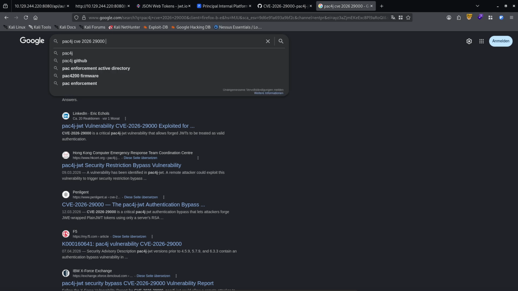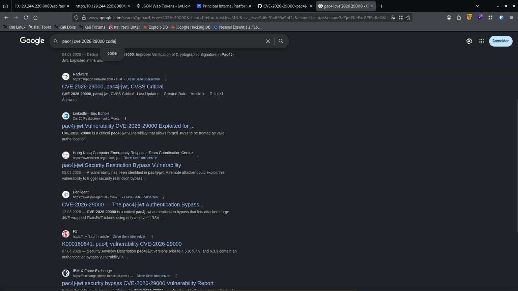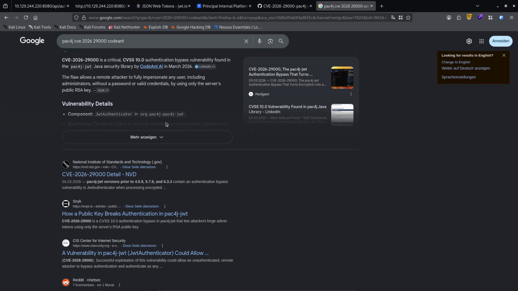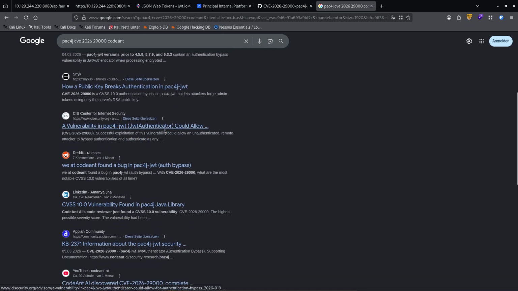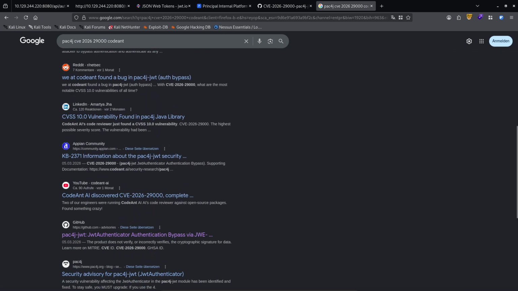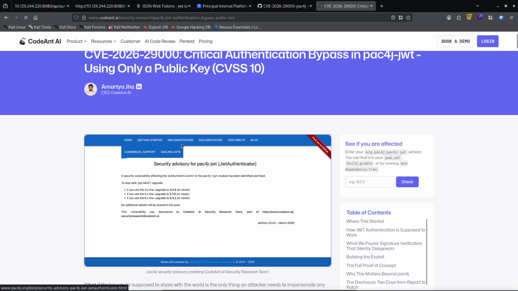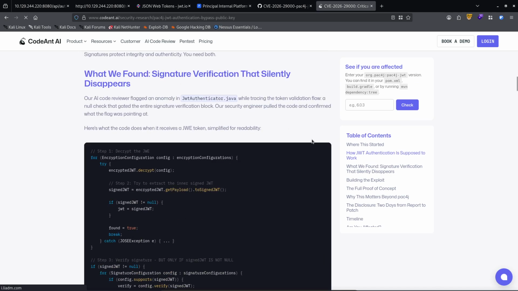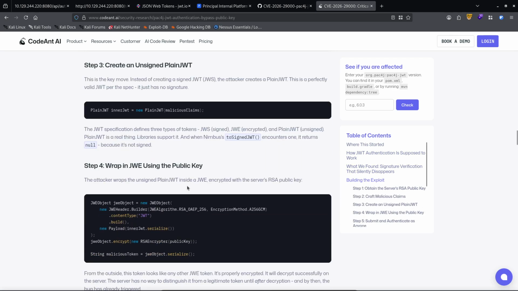I believe it was by CodeAnt. Let me get the link. So I'll provide that in the description below, by Amartya. So in here, it explains the vulnerability, and down below we see,